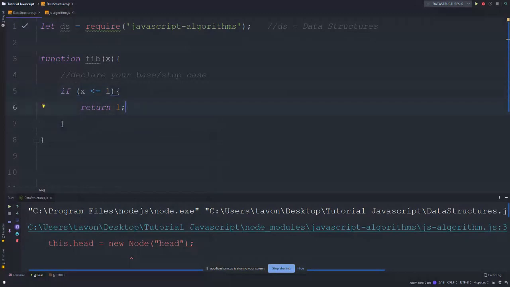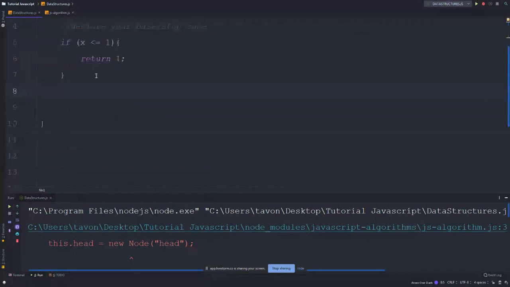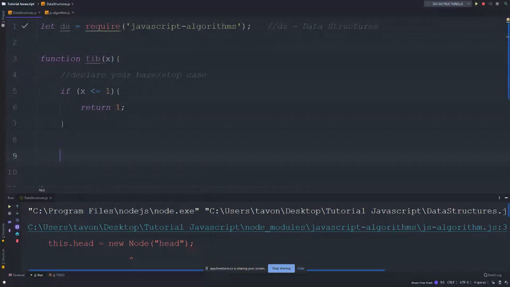I'm not going to dive too heavily into the Fibonacci math, but essentially all this means is that the smallest Fibonacci number you can have is 1, because you don't go into negative Fibonacci numbers. So that's our stop case. If we get a 1, we stop recursively calling this function. Otherwise, assuming that x is greater than 1, we then say